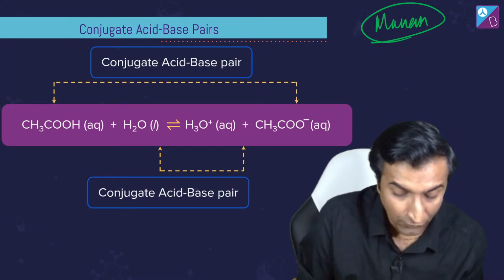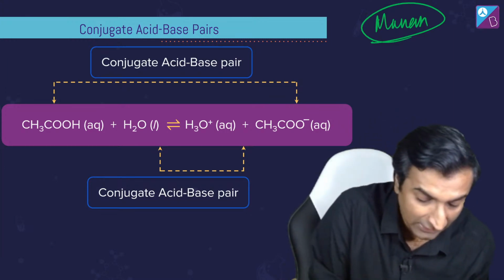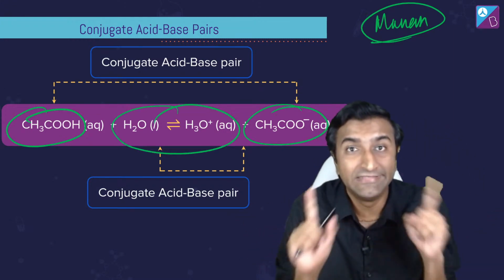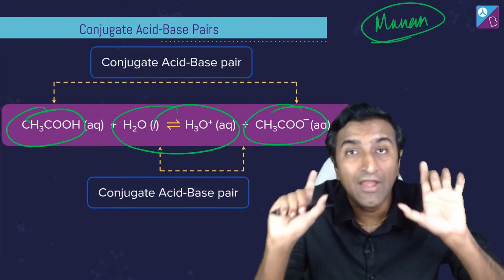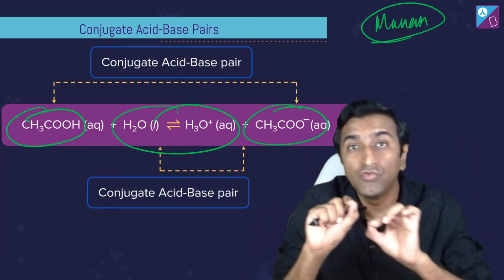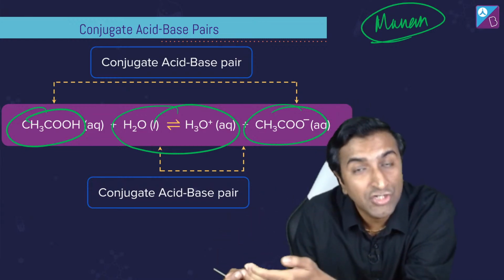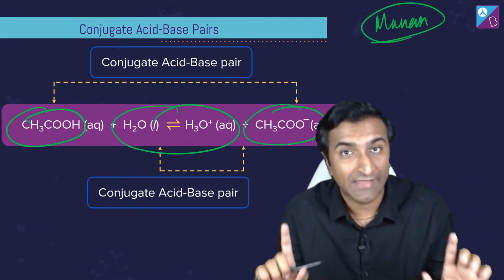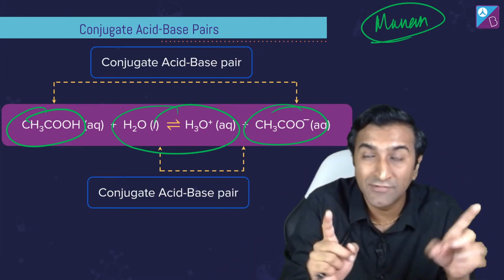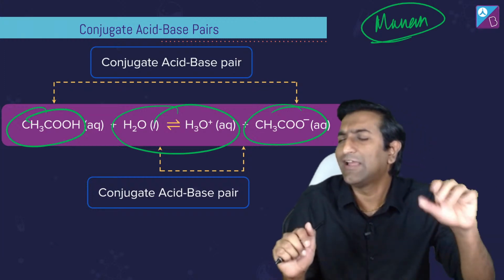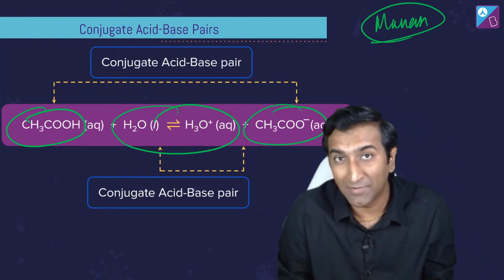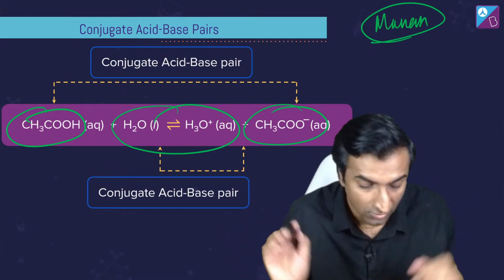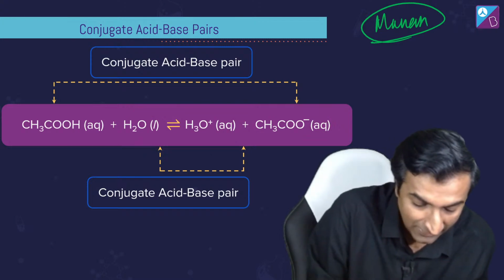Hi, Chaudhary. So now in this, do you understand कि क्यों ये दोनों एक पेयर हैं और ये दोनों एक पेयर हैं? इन दोनों का नाता क्या है? There is a difference of H+ ion. If something is losing an H+ ion, whether in the forward reaction or in the backward reaction. फिर से सुनो. If something is losing an H plus ion in the forward or the backward reaction, it must be the acid. I hope you're all shouting acid. If something is gaining an H plus in the forward or backward reaction, it must be a base. Cool?